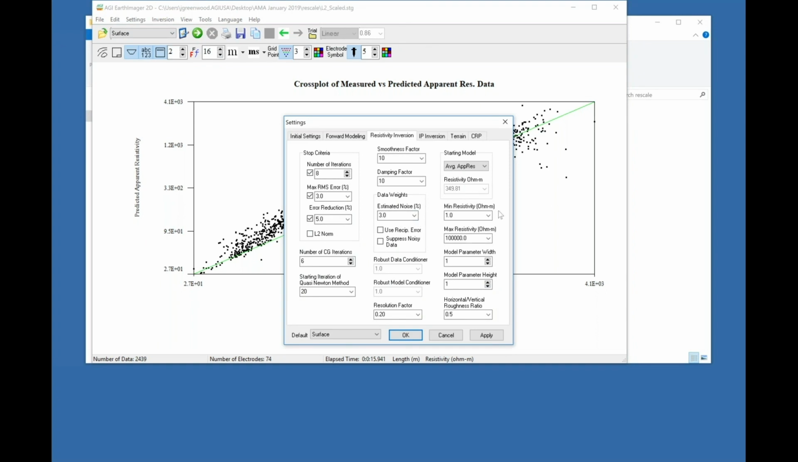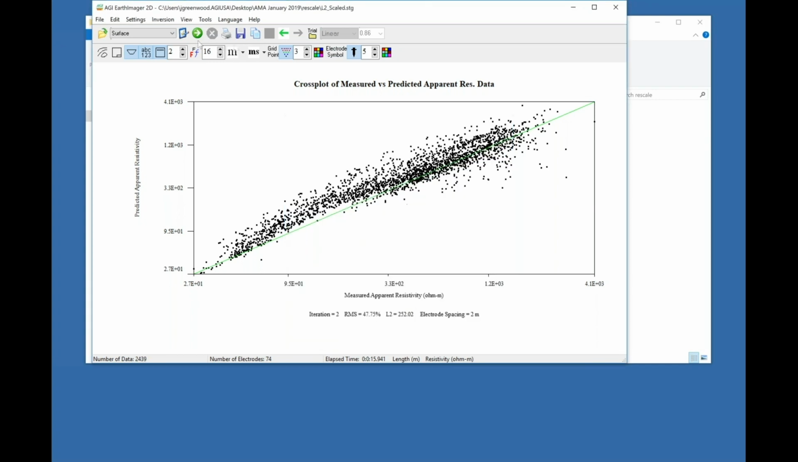This particular data set's very noisy. This data weight, estimated noise, has a lot to do with how smooth and how quickly it will converge. I can see right away, because of that noise likely due to the cables, getting a 3% RMS is going to be very difficult. So I actually raised the noise floor here under the resistivity inversion tab. And that greatly influences the convergence, and that's still an acceptable solution in many cases. So 10% or less. So I'm going to raise that to 10%, and